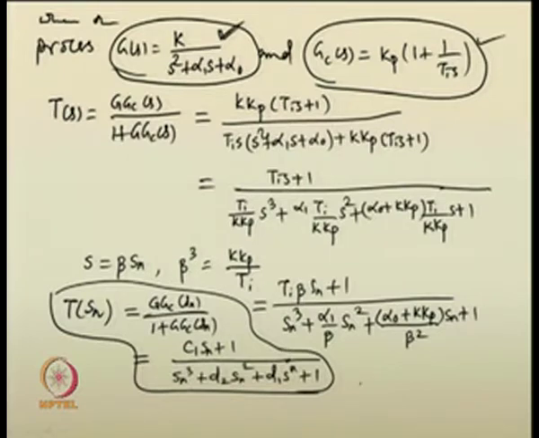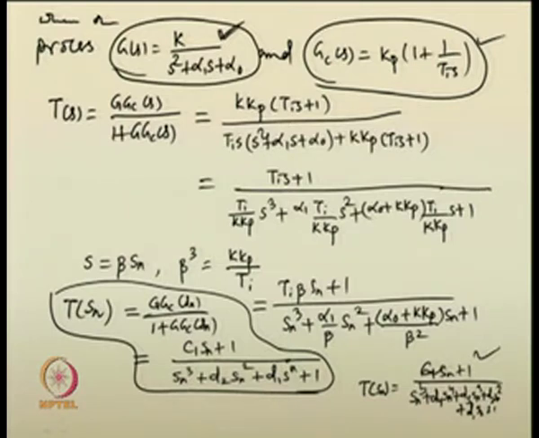The closed loop transfer function T(sn) will simply be C1 sn plus 1 in the numerator, along with sn to the 5 plus d4 sn to the 4 plus d3 sn to the 3 plus d2 sn to the 2 plus d1 sn plus 1. So, this is why I am calling it a generalized transfer function,